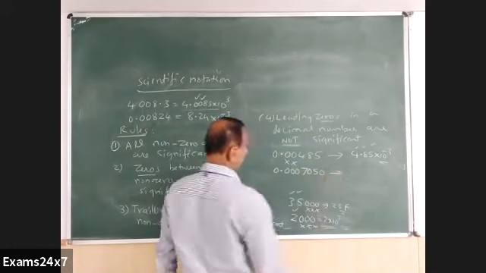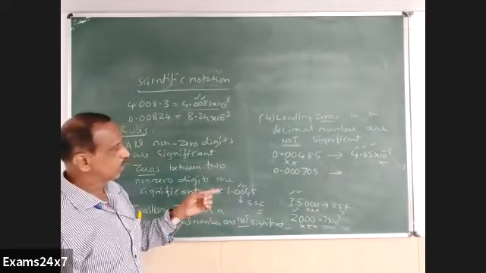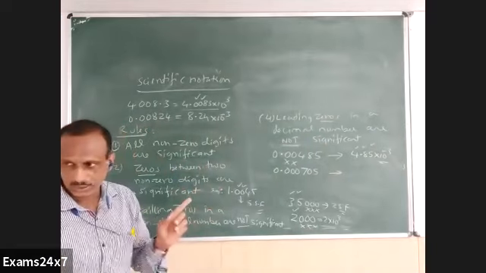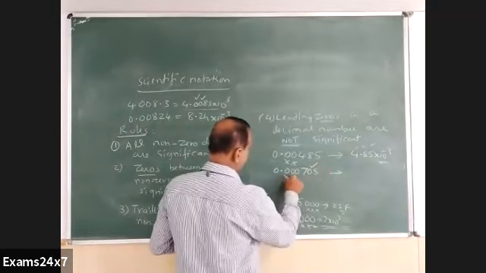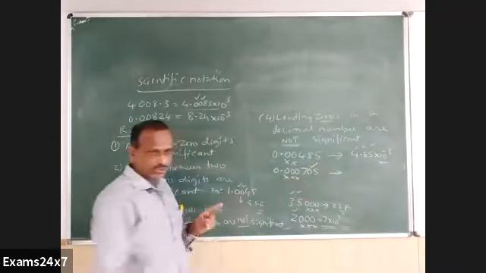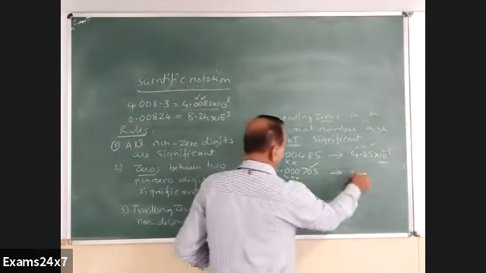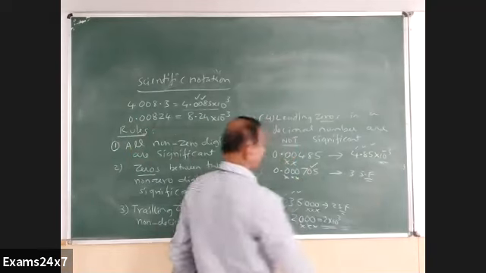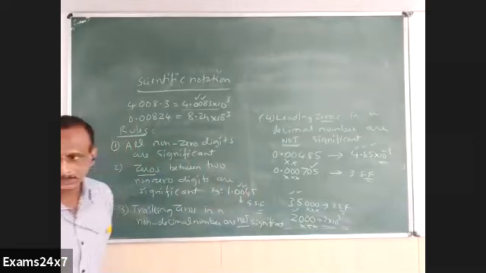0.000750. What about this? This 0 I should not put now. One more rule is there. 0.000705. How many? 3. This 0 is significant. These 3 are not, because 0 between non-zero digits is significant, but not the first 3. So it becomes a 3 significant figure case. 7.05, 10 power minus 4. Also you can write this as.